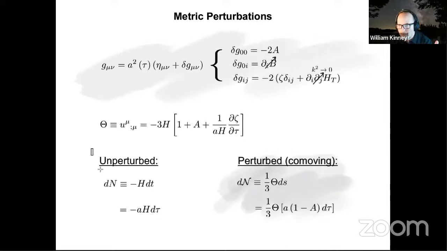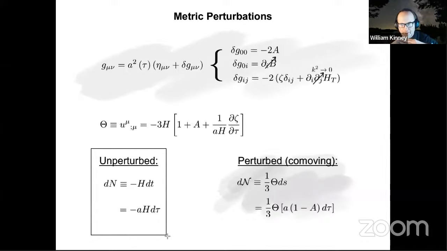All right, so in the unperturbed space, the flat space that I'm perturbing around, I have the usual expressions for the number of e-folds of inflation and the Hubble parameter, which is uniform, right? It's only time dependent. This generalized version of the Hubble parameter, this fluid four divergence in the inhomogeneous space, is actually a function of both space and time, right? So this is a function of x and t. This is a function of t only. And the generalized number of e-folds depends on the fluid four divergence and the lapse function in this way.